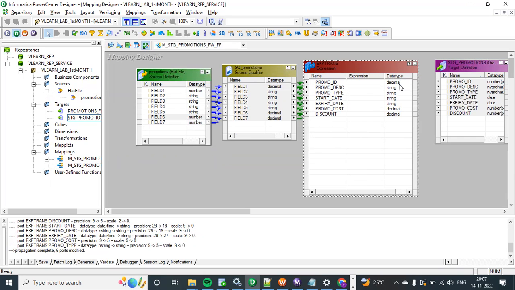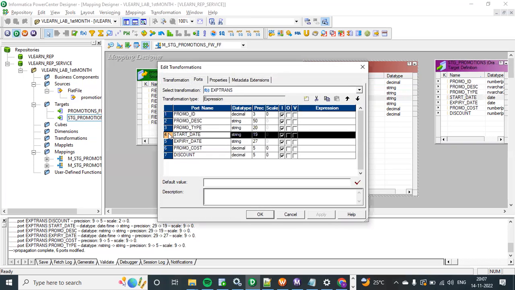The reason is decimal is okay, it is equivalent to number. String is okay, it is equivalent to nvarchar, but string is not equivalent to date. Okay, string is not equivalent to date, so I have to convert these two. How? These are called conversions. I'm doing a copy paste here. Instead of start date 1, what I'm trying to put is